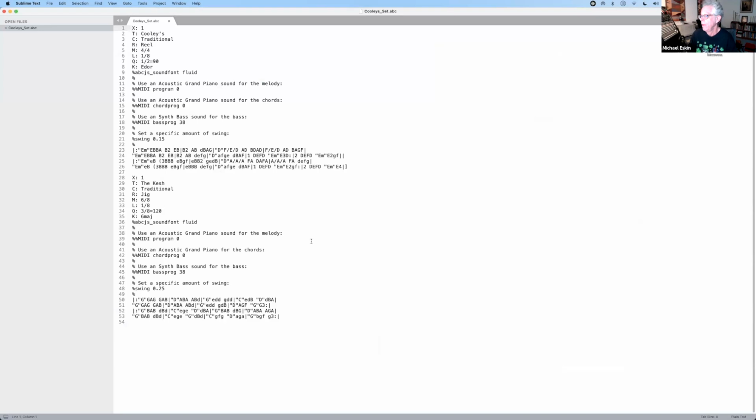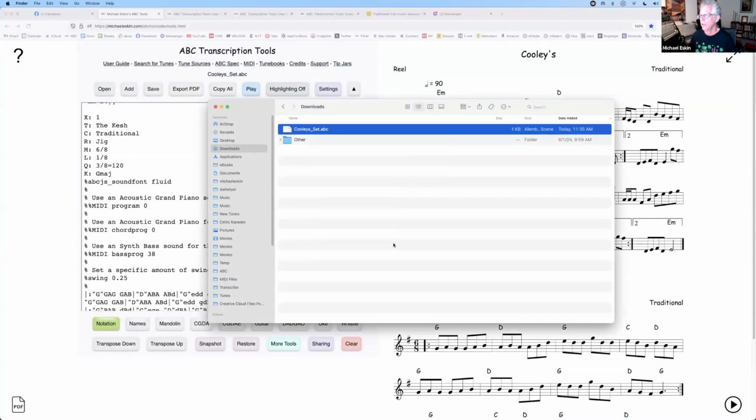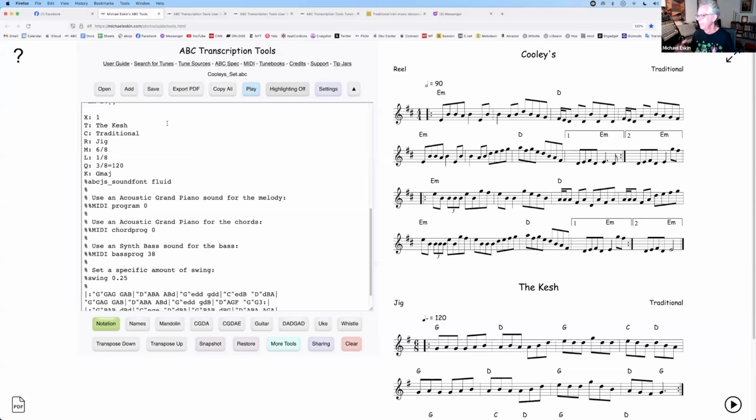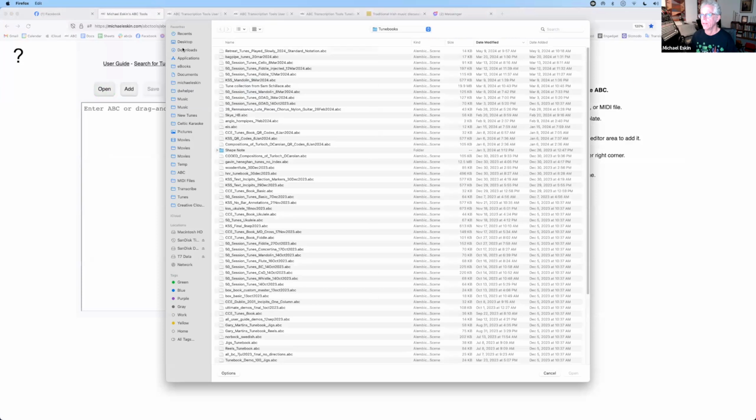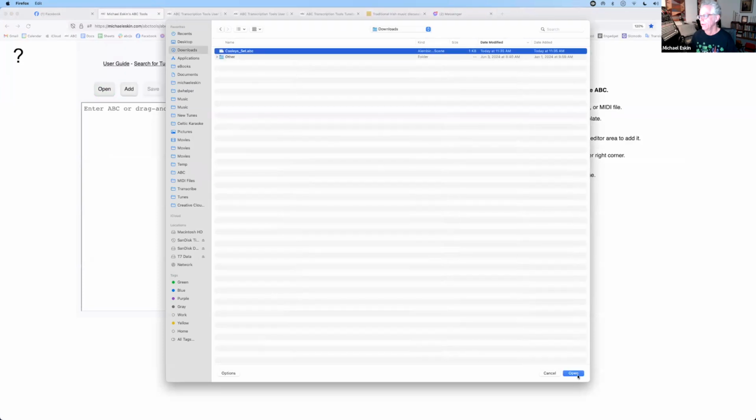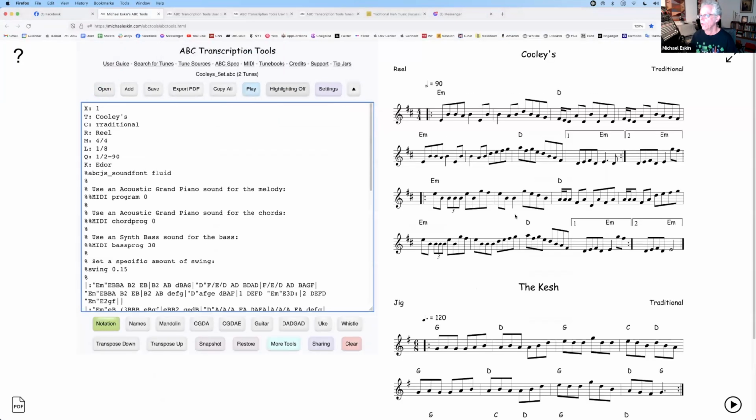You could just email this text file to the other people in your group, and they could open it in the tool. It would be just fine. I'll show you that. For example, I've saved that ABC file. I'm going to clear the work area. And now I can open that ABC file. I click open, find that file, click open here, and it'll load the ABC file